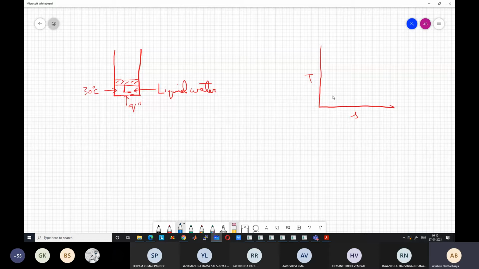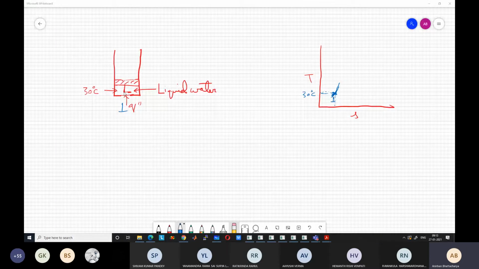So we are just going through the very basics of thermodynamics. We have a container shaped as a cylinder, enclosed by a piston. We have some liquid water inside it at a temperature, say 30 degrees centigrade, arbitrarily taken, and 1 atmospheric pressure. Pressure can be controlled by putting some weights over the piston. Right now there are no weights and the piston is almost weightless, so it is 1 atmospheric pressure.